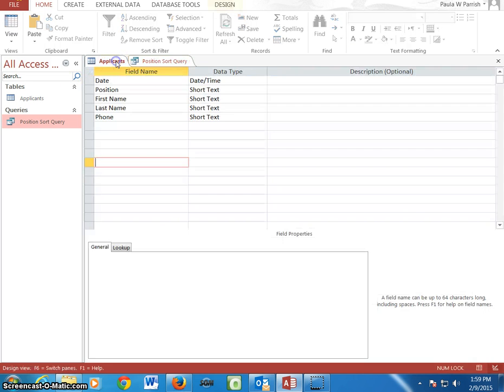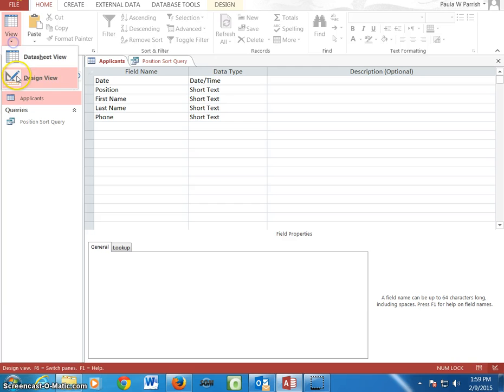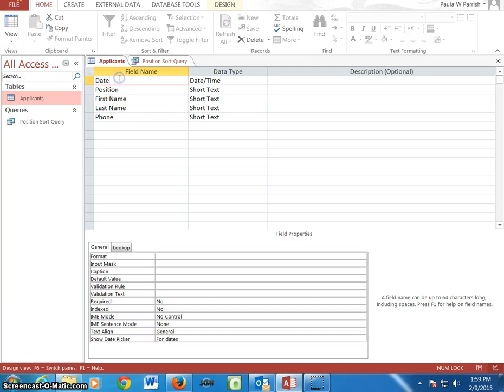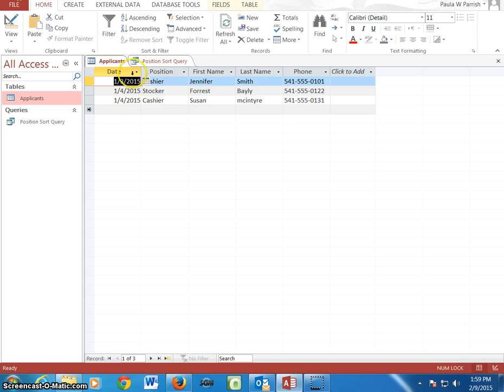So you will have two tabs here. You will have the applicants table, and this is the design view here. Right here is the design view where you enter the fields. If I click the data sheet view, this shows me the information that I've entered manually with the keyboard. So if I wanted to enter the next one, I would go in and enter